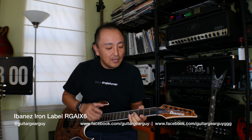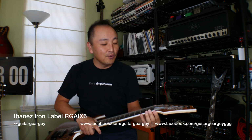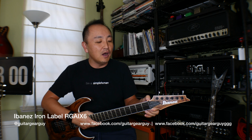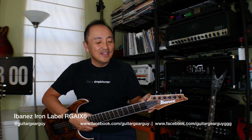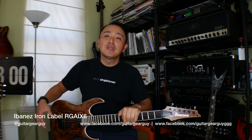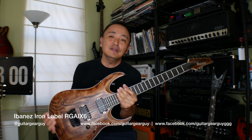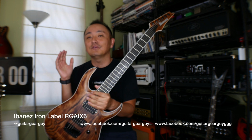Secondly, the nut. The nut is well cut. I don't have a problem with the way it's cut. Well, I do. It doesn't stick out on one side or anything. It's well done. The problem is, this guitar, appealing to the masses as a metal guitar,